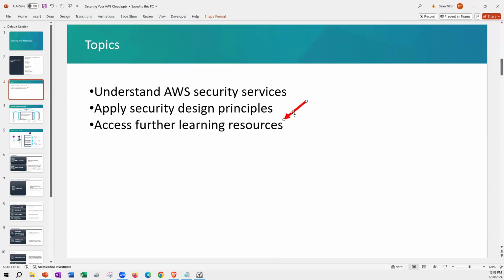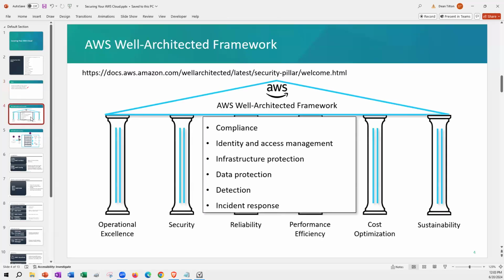The first one I'd like to start off with is not actually a service, but a guide of proven principles, practices, and procedures. It's the AWS Well-Architected Framework. This framework now encompasses 6 pillars. I think originally it was 4, and over time they added a 5th, and more recently, about a year and a half ago, that 6th one, sustainability. We're going to focus here on the security pillar,